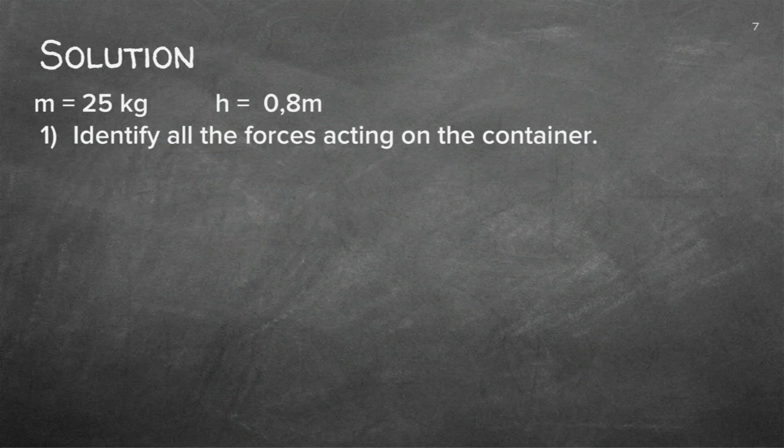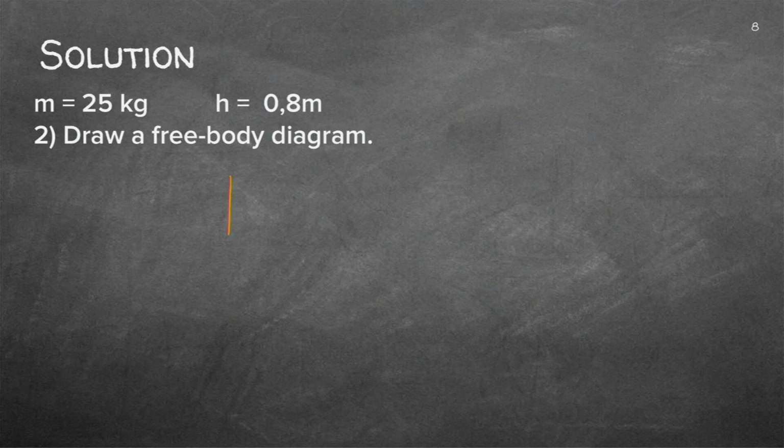Identify the forces. We know that there's gravity downwards, and we know that Robert is picking it upward. So that's basically the two forces. And if I now have to draw a free body diagram, it will be exactly that: a force up and a force down, which we call gravity, and the applied force. So the next question asking you to draw a free body diagram would be that. And remember, it's constant velocity, so those two forces will be equal in value and magnitude. So we've already drawn the free body diagram. Just to go there again, I've got the gravitation and the applied force.